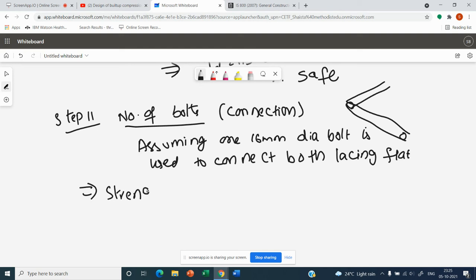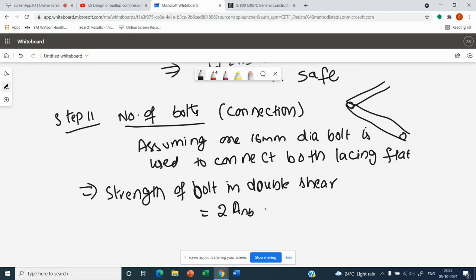This is the design of connection. Strength of bolt in double shear is equal to 2 into net area of bolt into the ultimate stress in the bolt material by root 3. In connections, we have seen these formulas, gamma material of bolt. Okay, so substitute that. Net area of the bolt will be